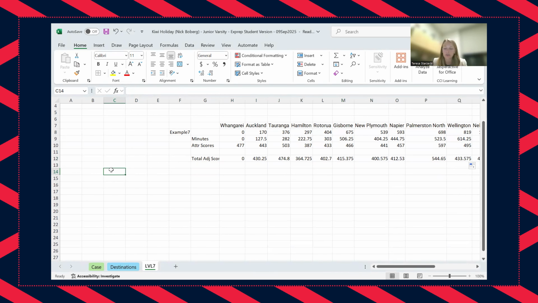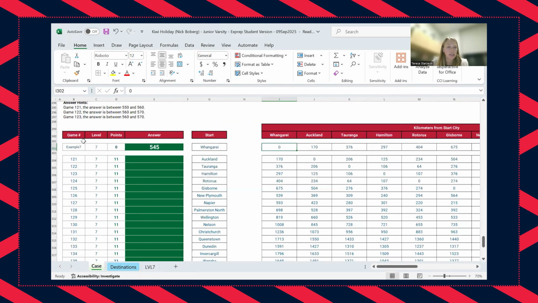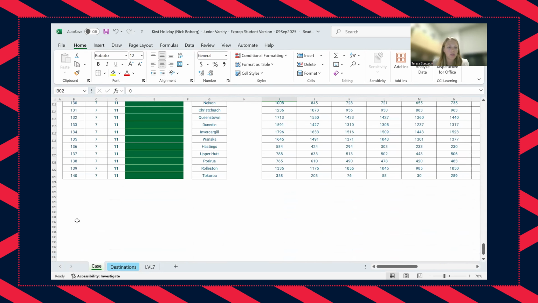We will insert the first row as the example data so that we can make sure we get to the correct answer, and then we'll auto-calculate through a data table the answers for the remaining cities. So I'm going to label the games. We will have our initial game in this first row, but then I want to calculate for the remainder of the games. And you'll see here the games go from 121 through